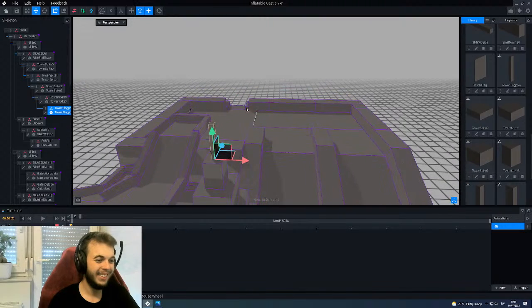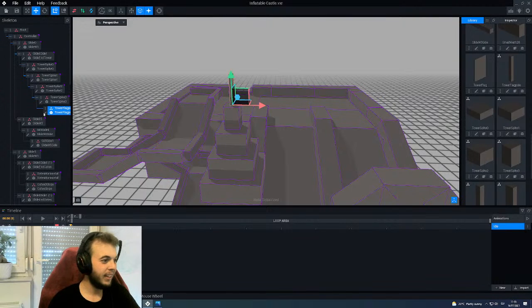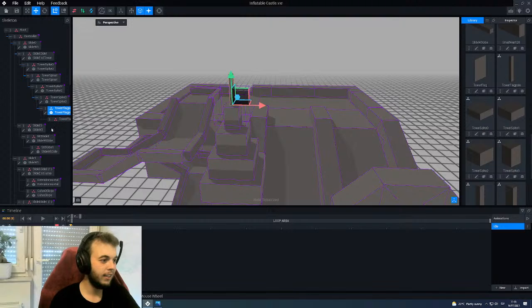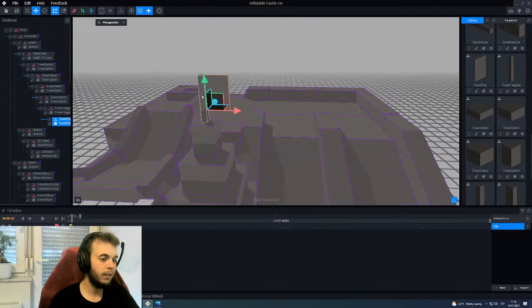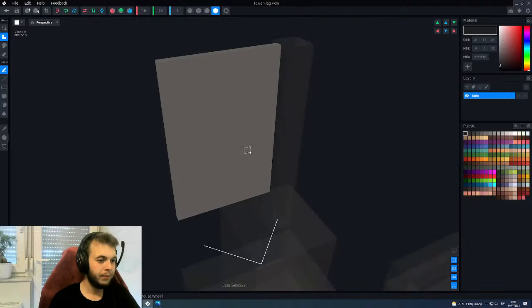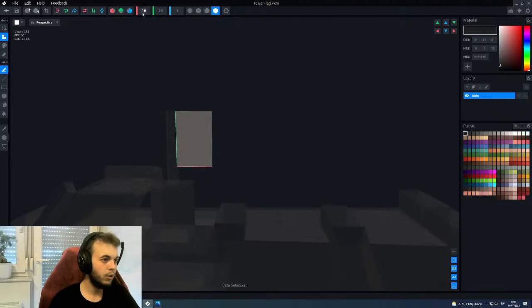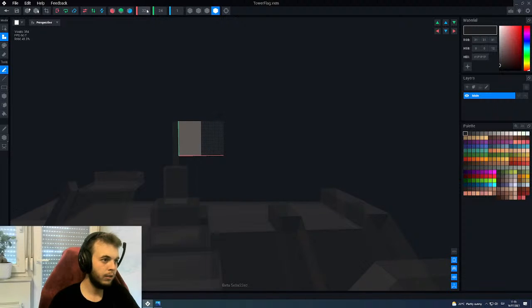Let's zoom in a little bit so it's a little bit easier to adjust. And then let's create another child node, which is going to be tower flag. And then let's put this one here. Let's drag it to the right. And let's also drag it all the way to the top. And now we can maybe play around a little bit with it. So maybe let's make it 32. Or even, what's the next one? 48